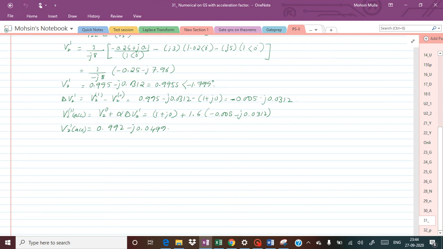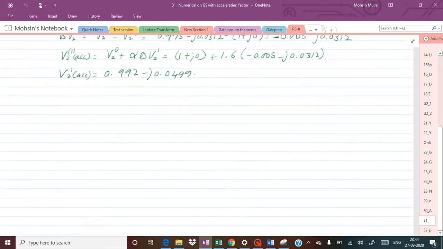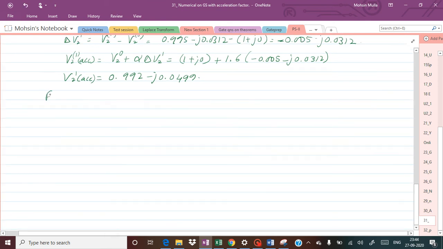Now we are going to determine the same for the third bus, and later on we are going to do the second iteration, but right now we are going to determine for bus number 3. So here I'm going to write the voltage at bus 3 as